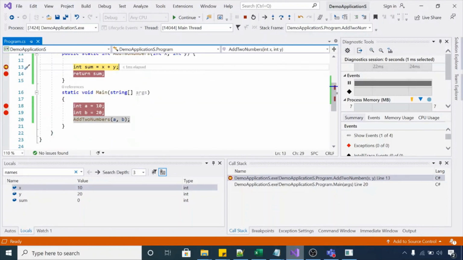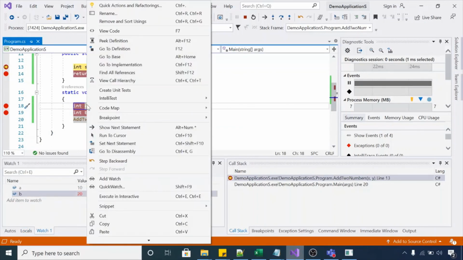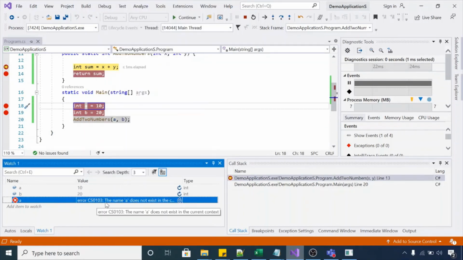It will not list A and B in the local window or auto window. So if you want to see the values of some variables throughout your application, without the scoping thing, then you can use the watch feature. You can just right click on the variable and use the add watch feature, and it will add it to your watch window. It's saying it doesn't exist in the current context.